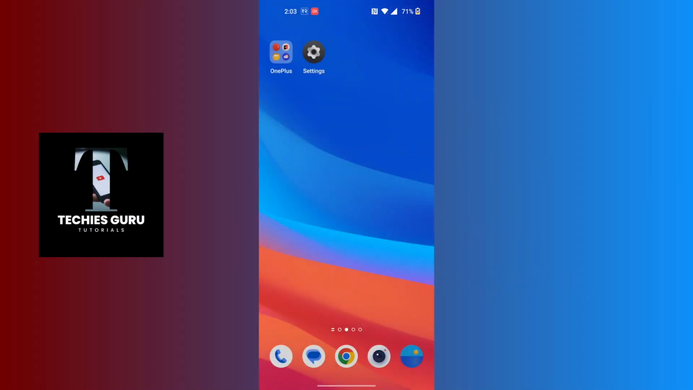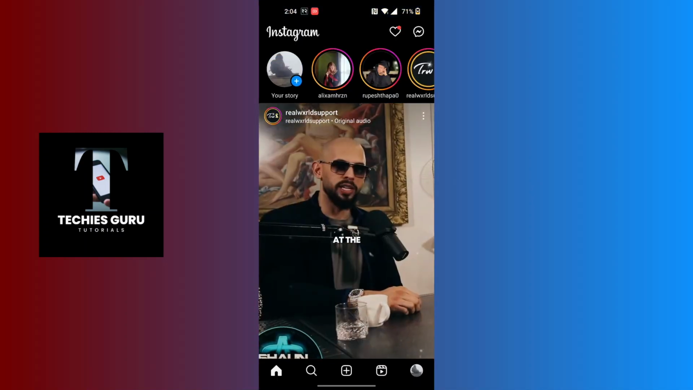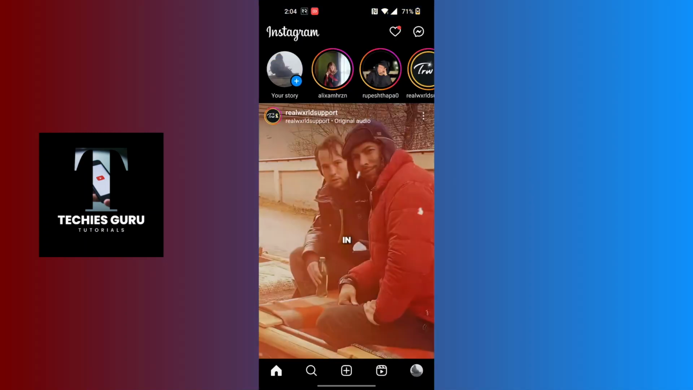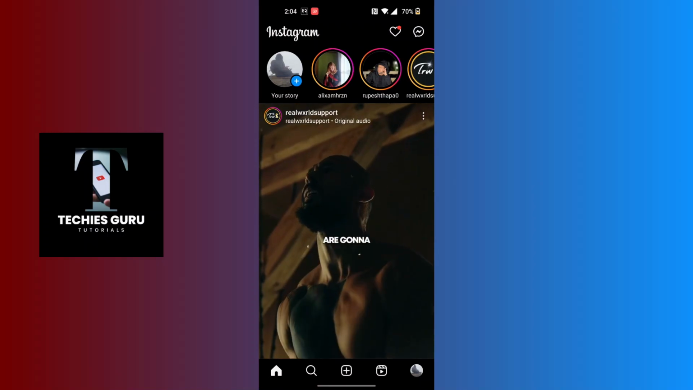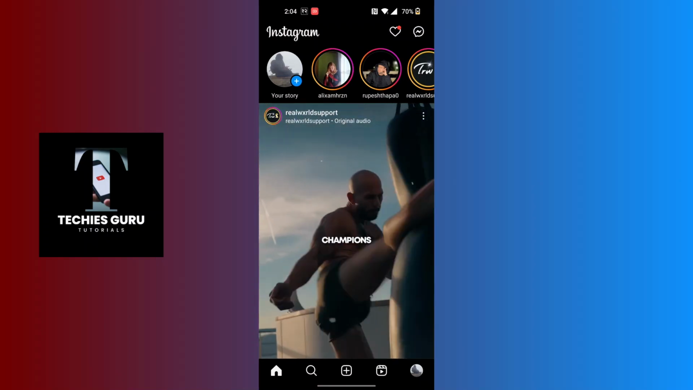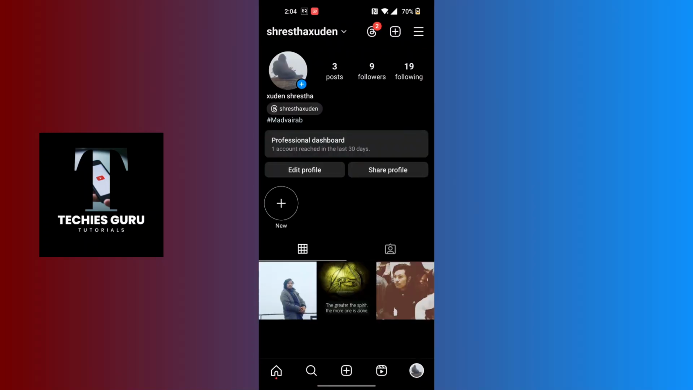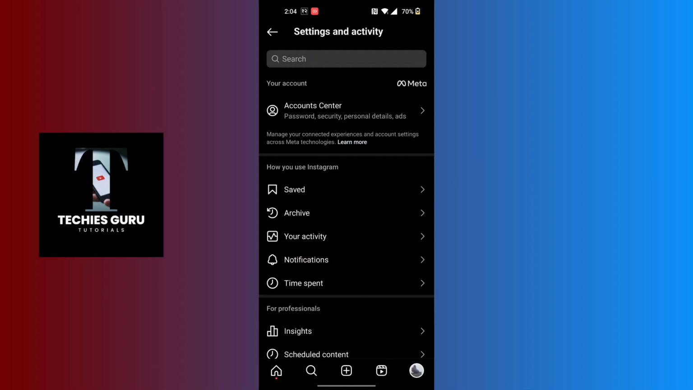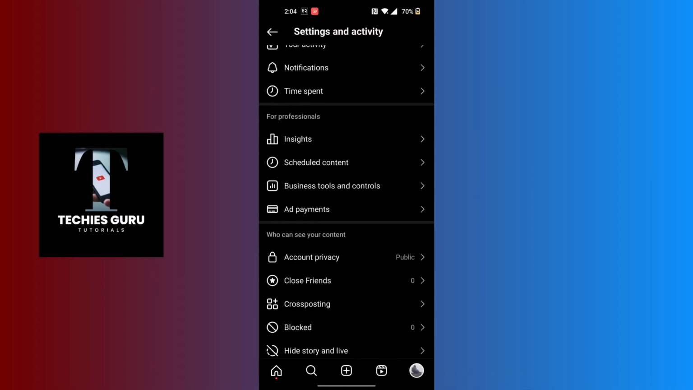Now to unrestrict someone on Instagram, first open up the Instagram app, and from over here, guys, at the bottom right corner of the screen, you can see a profile picture icon in a small circle. Tap on it, and over here at the top right corner of the screen, you can see the three lined icon available for us. Tap on the three lined icon, and over here scroll down until you can find the